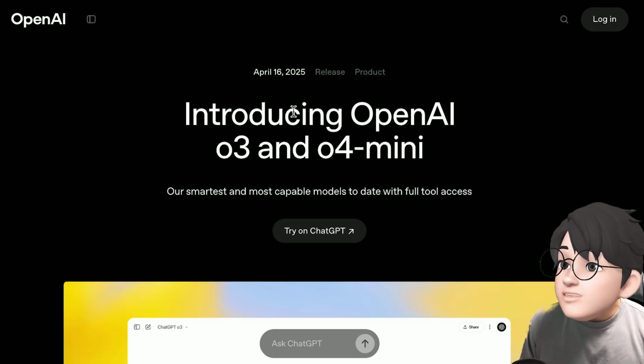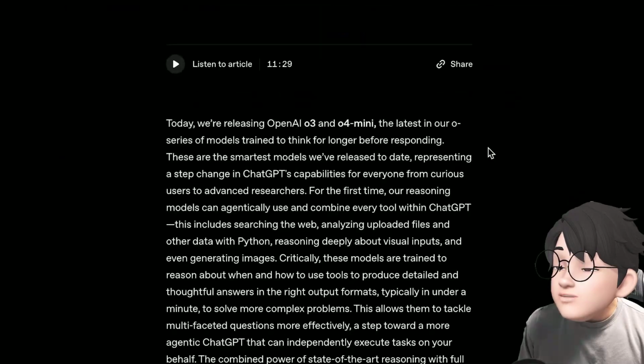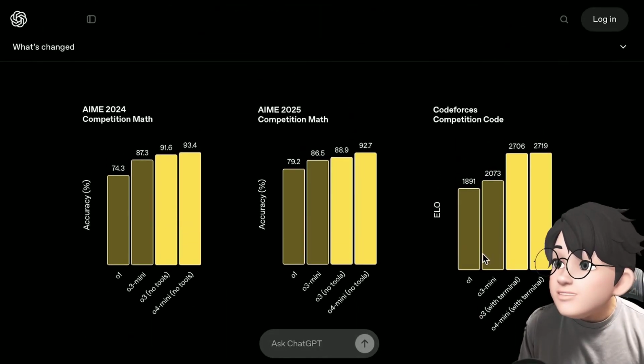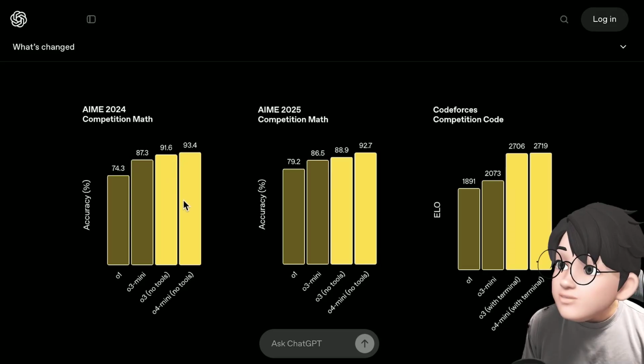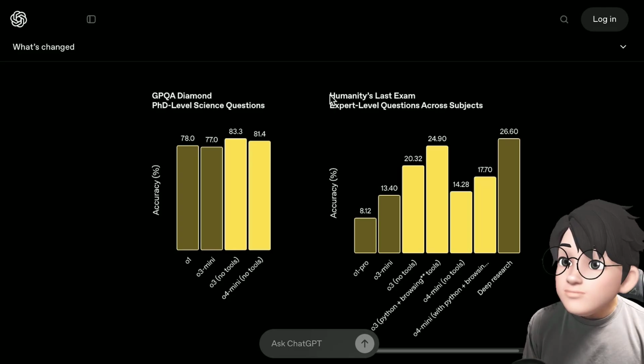On April 16th, o3 and o3-mini were launched in the US. Scroll down and you'll see the benchmark scores. These sections are likely the most viewed. At a glance, the brighter yellow ones are the newly launched o3 and o3-mini. Many say the new o3-mini is better than the old o3 and o1 models. What impressed me most is the Humanity's Last Exam section. In this section, it almost reaches the level of deep research.